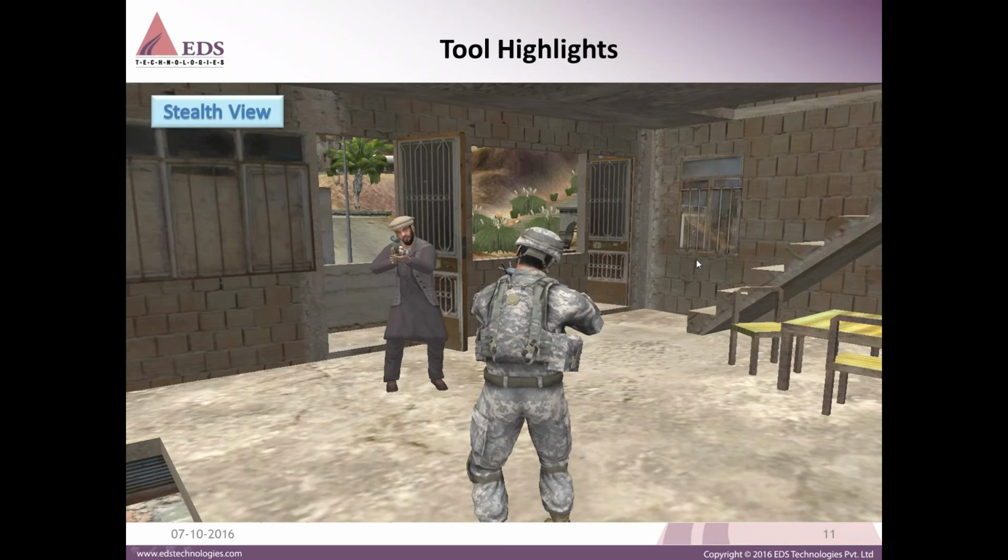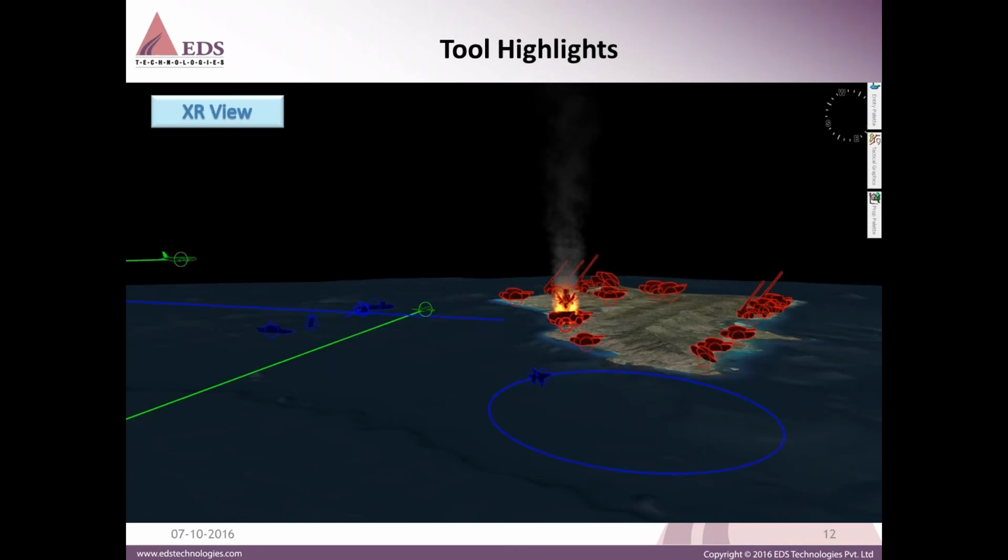This is what we call the exaggerated view. In that view, this is your observer mode actually, which bridges the gap between the stealth and plan view. It is already in 3D mode, so it provides situational awareness. And you can use special models to make models visible at greater distance. Once you zoom out of your simulation world, your simulation objects become very small, so you will not know at which place your simulation activities are going on.